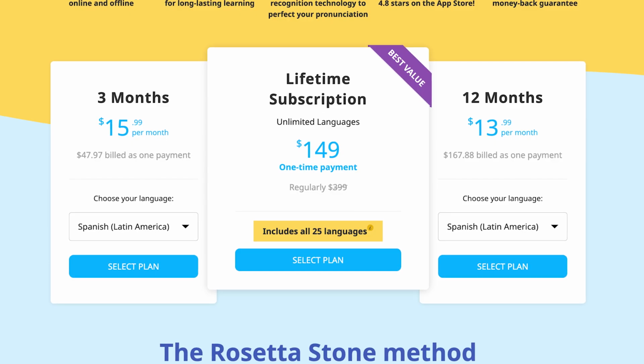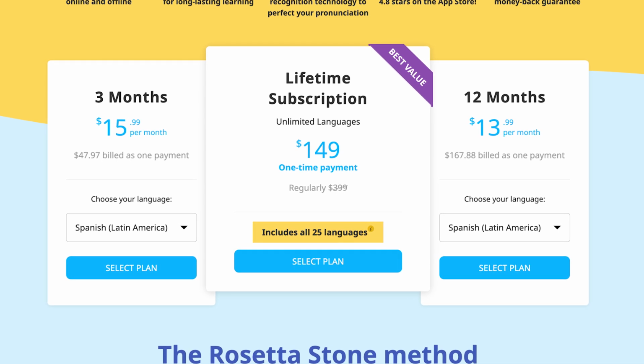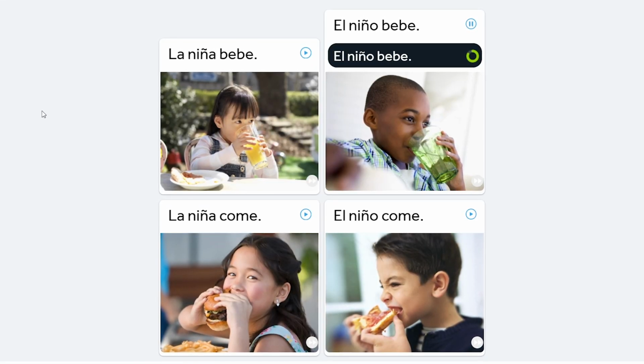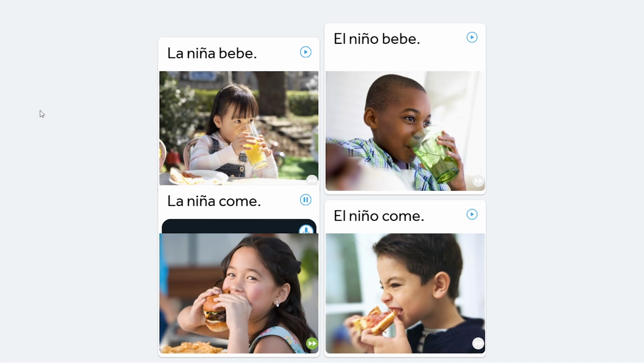Rosetta Stone is also pretty affordable. Rosetta Stone subscriptions range from $14 to $15 per month, or $400 if you go for their lifetime subscription. But you'll usually find their subscription options on sale and their lifetime package for half off at $200 with all